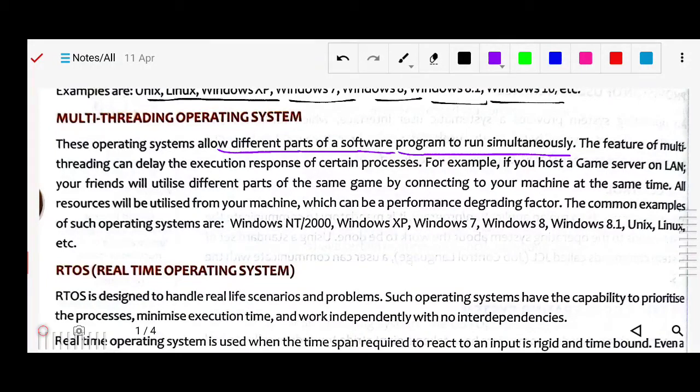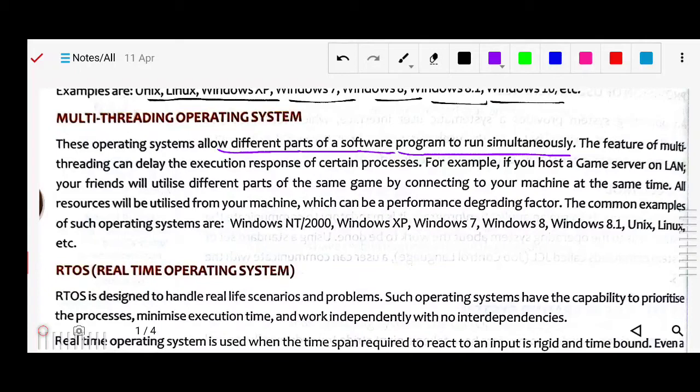These features of multi-threading can delay the execution response of certain processes. For example, if you host a game on a LAN, your friend will utilize different parts of the same game by connecting to your machine. At the same time, all resources will be utilized from your machine,